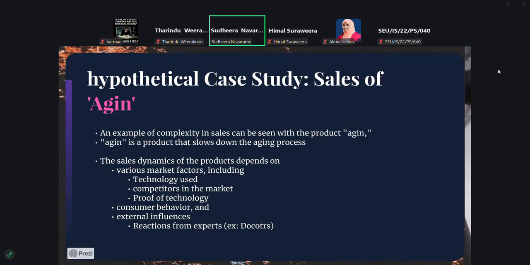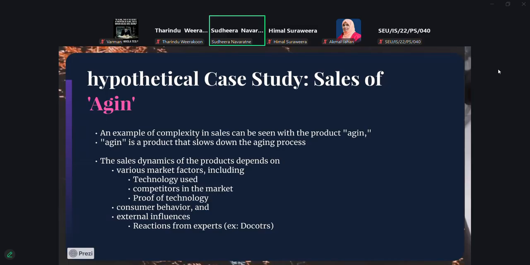Are there any side effects? What are the ingredients used? Are there causes for cancers or things like that? And then, are there any competitors in the market providing a similar product, right? And then the consumer behavior, right? How the consumers will buy.